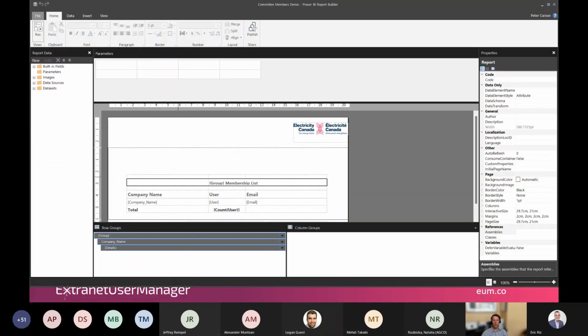And then likewise for things like that Electricity Canada report, this is Report Builder, which is another tool. Both of these tools are free. You can download them for free from the Microsoft website. Same idea. This particular report, I'm actually pointing at a model that I built in Power BI Desktop, so you can use it for nice visualizations, but then all that work that you did getting those queries together and getting that data together, you can leverage in tabular or paginated reports here as well. I could connect to other data sources as part of that as well. So that's sort of the two styles of reports and the two tools that you use for